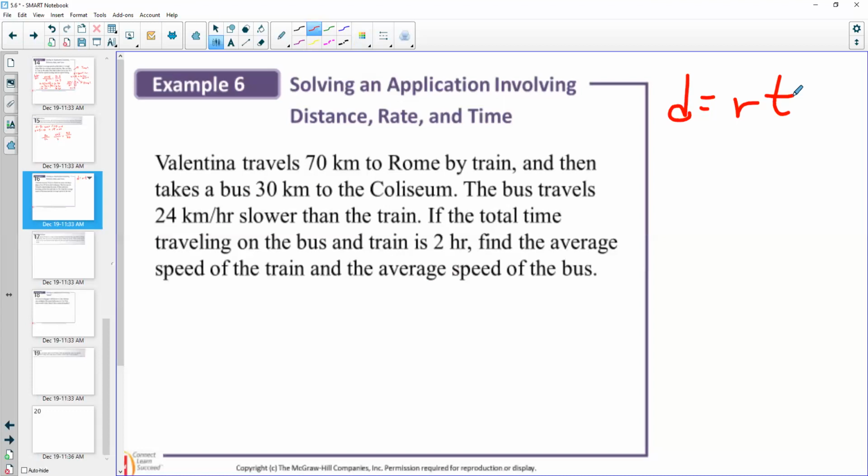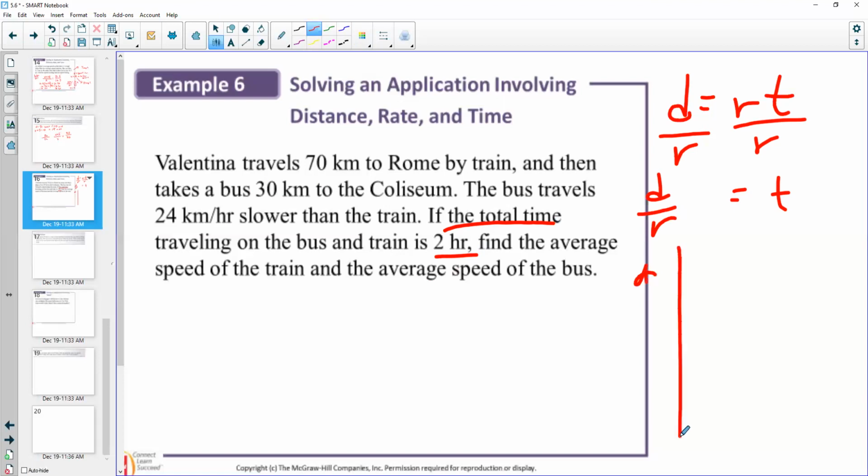In this case, we know that the total time is 2 hours. So the lovely thing is I can reorganize this equation to make it time is distance divided by rate. We can use it any way we want. So now let's think about the distances, the rates, and the times, okay? What do we know? We know it takes her,